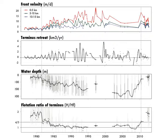So basically, in the onset of retreat, we observe the seasonal fluctuation starts to grow wildly in relation to the